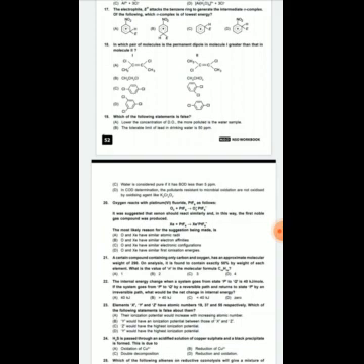K2Cr2O7, potassium dichromate. So the answer will be D. In the COD determination, the pollutants resistant to microbial oxidation are not oxidized by the oxidizing agent. Actually it is not true. Only microbial oxidation is resisted by the pollutants; in the COD determination we obviously use potassium dichromate, K2Cr2O7, as an oxidizing agent. Question number 20.